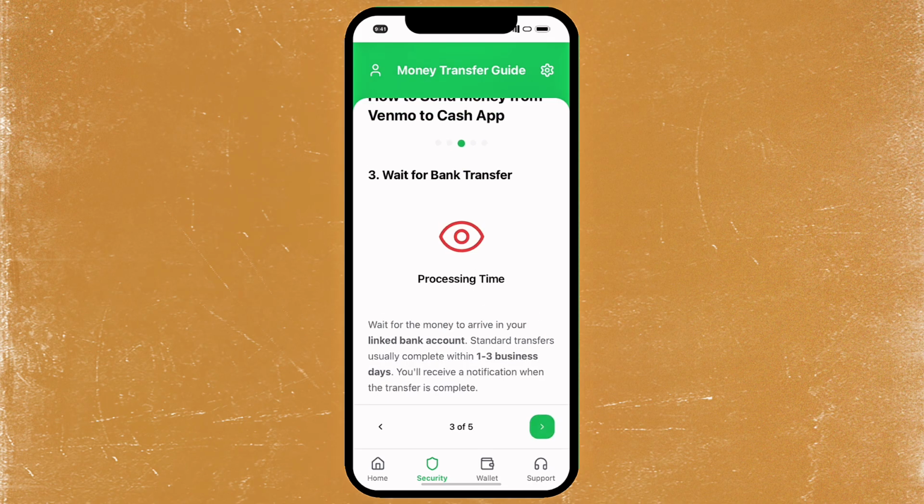So next is wait for the bank transfer. So just wait for the money to arrive in your linked bank account. The standard transfer is usually complete within 1 to 3 business days, so you will receive a notification when the